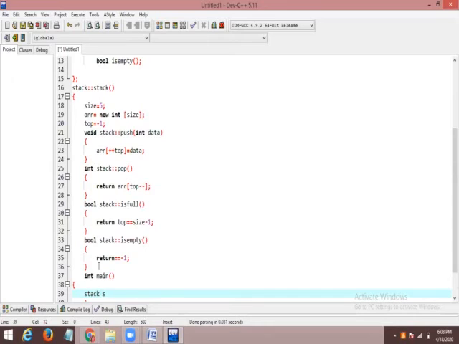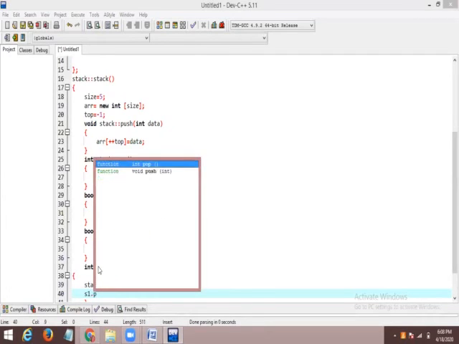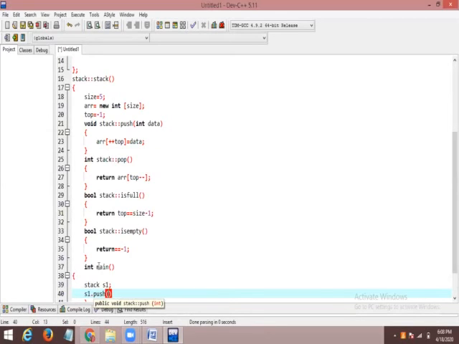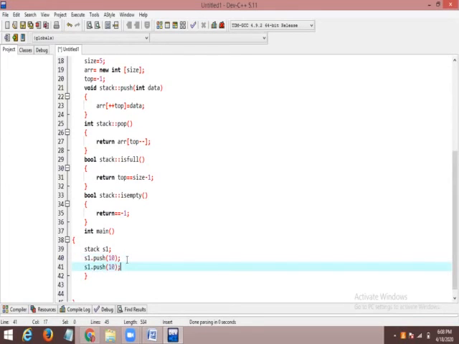Stack S1. Here I am creating the object stack S1, and with that S1 object itself, I am going to push the value of 10. Okay, I'm going to change the values.